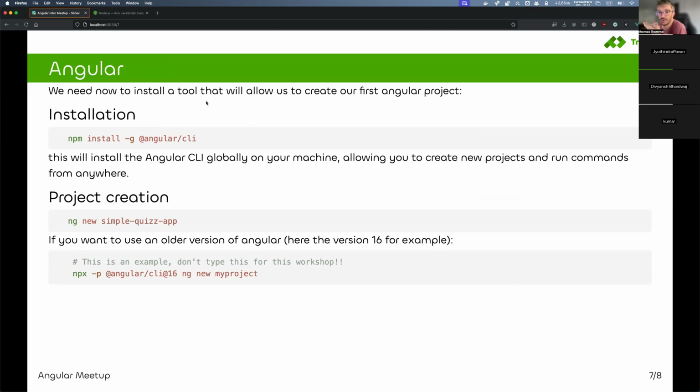Great, so once again, now we need to install Angular, right? So for this, you need another tool. So basically, we are using Node, right? You see Node and npm will be here to install your dependencies. And then the dependency that I'm going to install is this one, the CLI, right? So CLI stands for Command Line Interface, right? So npm install -g @angular/cli will install a new tool that will allow me to